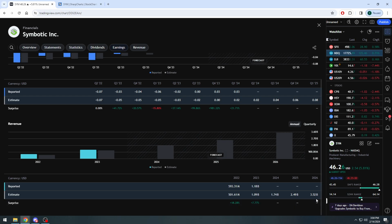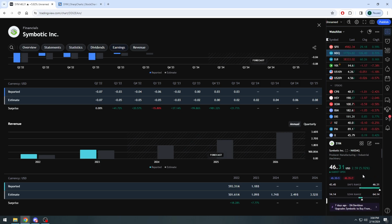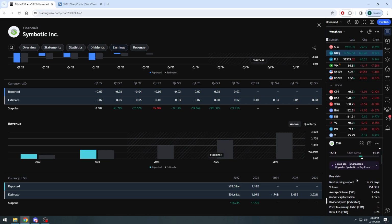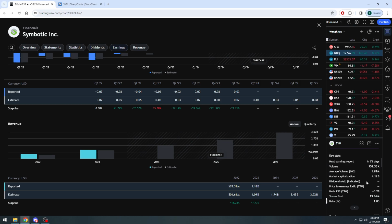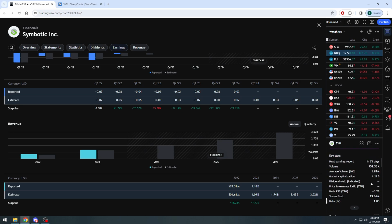Phenomenal growth. If this company is able to do this, then in my opinion, we're probably talking a $100 stock, believe it or not. Even now, currently, I know the book value is low. I understand the liabilities could be viewed as a red flag, but here, 4.1 billion, and now the company's bringing in 300 million in change. So now the company is at about 1.1, 1.2 billion for the year. So they're trading technically right around 4 times annual revenue,